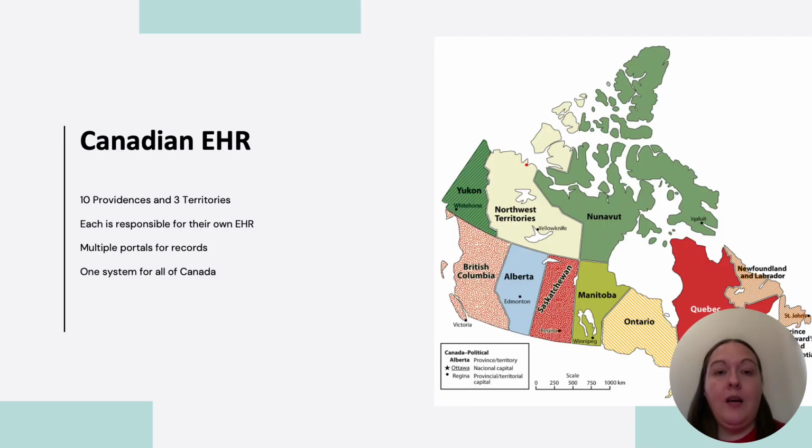Canada at the current time, again, has 10 provinces and 3 territories that each have their own insurance plan and are responsible for developing their own electronic health information systems. Each province and territory has national funding and support through Canada Health Infoway. Unfortunately, most Canadians do not have access to their electronic health information.